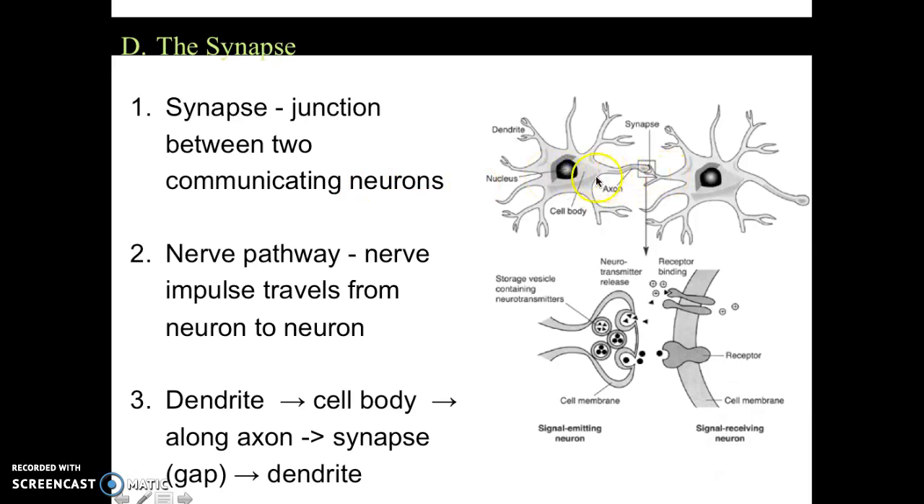The junction between the neurons that I was showing you earlier is called the synapse. In the nerve pathway, the nerve impulse travels from neuron to neuron. If it was muscle contraction, then at the very end, the effector organ, if it was muscle, the impulse would jump into the muscle, causing the sarcoplasmic reticulum to release calcium. But this is the pathway: dendrite to the cell body, along the axon to the synapse, which is that gap, into the dendrite